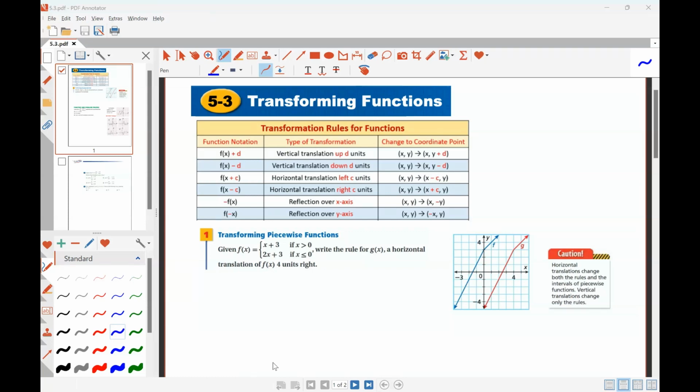Hi everyone, in this video we will be studying transforming piecewise functions. A transformation is a change in position, size or shape of a figure. If we move around the coordinate plane, what we are doing is producing a transformation. So we can move a graph around and describe that movement. Or in the questions, that movement is described and you will be asked to graph or write the new function